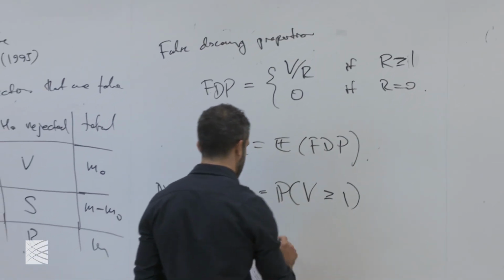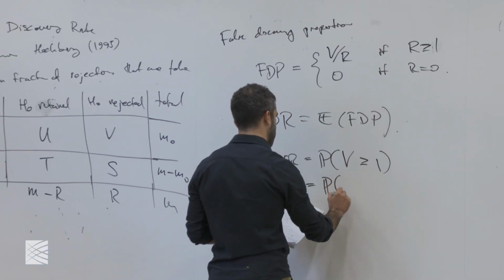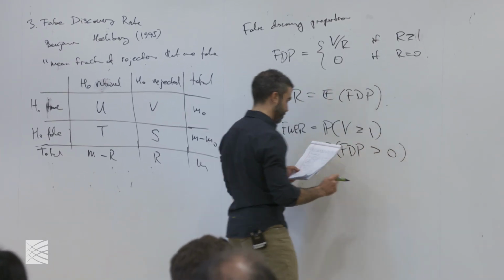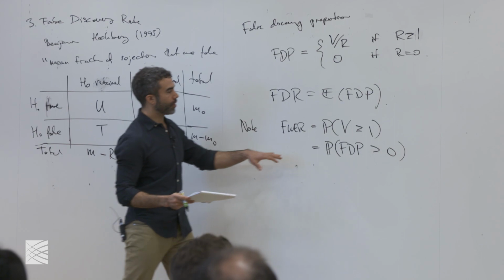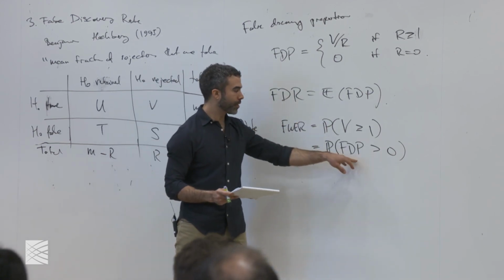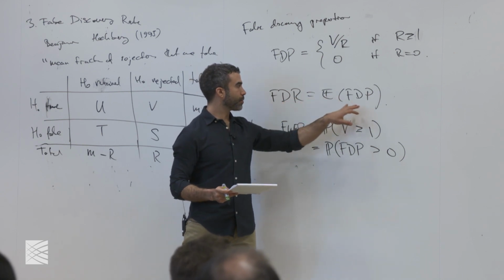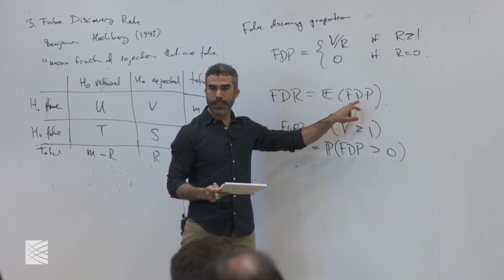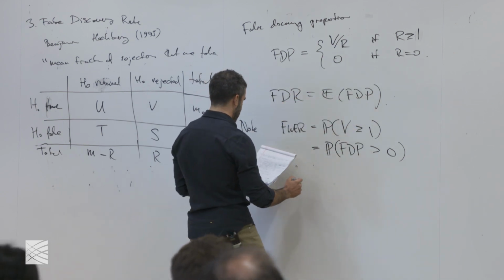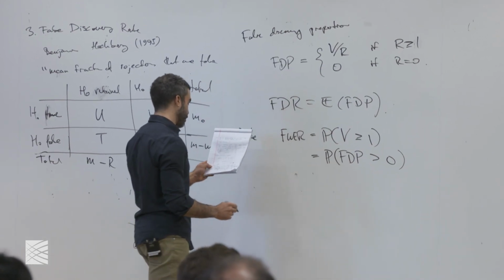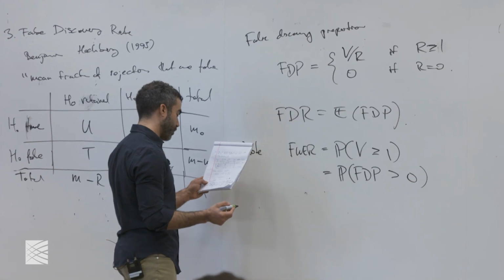And so that is the probability that the false discovery proportion is positive. So they're not the same, but they're related, sort of. Family-wise error rate is the probability that this quantity is positive. The false discovery rate is its expectation. Okay, and this is a much weaker quantity to control in general,